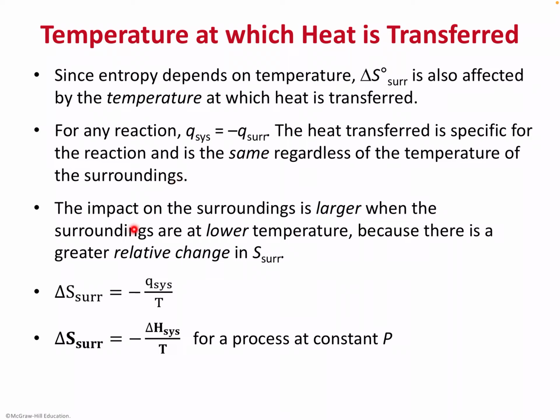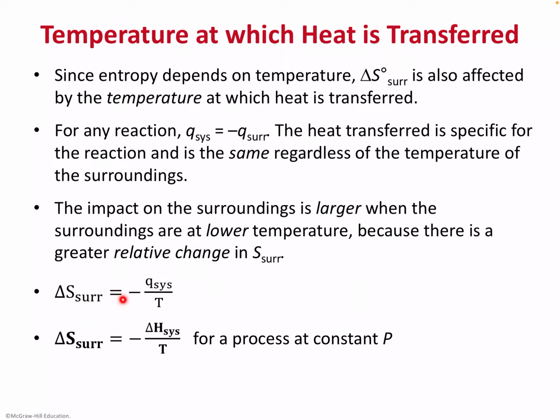Okay, the impact on the surroundings is larger when the surroundings are at lower temperature, because there is a greater relative change in entropy of the surrounding. If the surrounding has a lower temperature, the impact on the surrounding is going to be larger because there's going to be a bigger change. So we can calculate the delta S of the surrounding